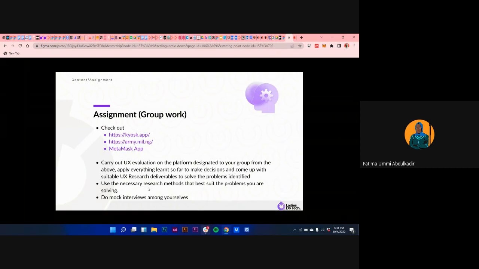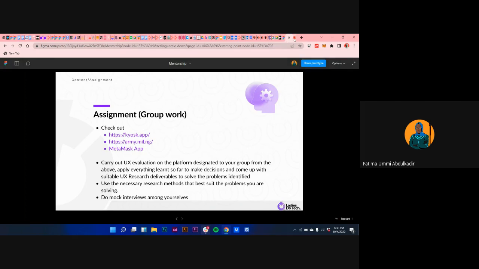You can also do mock interviews among yourselves. For instance, if you don't have users to interview, you can represent the user. You can research how this user is supposed to behave, how this user does things, and you can be that user, answering questions like the user. Basically, wearing the user. So you can do mock interviews among yourselves just to have an idea in case you don't have access to users.